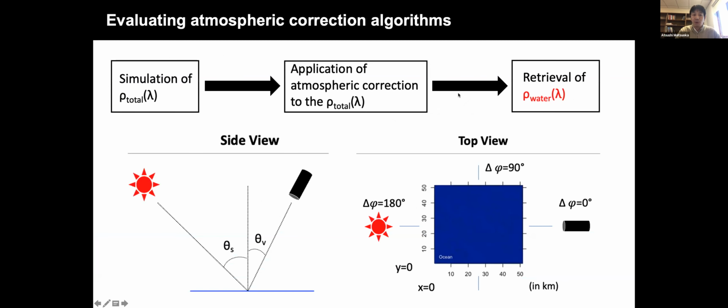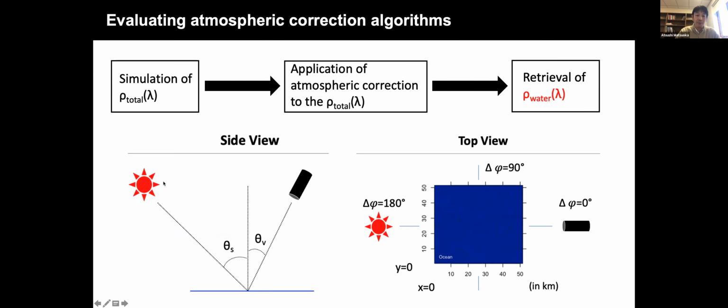So what I'm going to do here is first simulate the top of the atmosphere reflectance, and then apply the atmospheric correction algorithm to the top of the atmosphere reflectance to retrieve the water reflectance. In this case, I would distribute sea ice on top of the ocean.